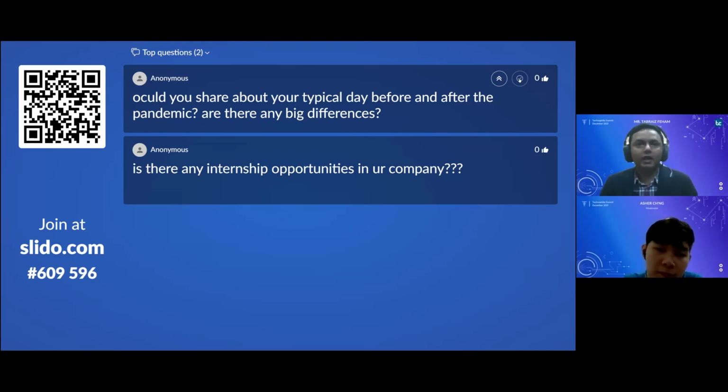We still could coordinate with geographically located developers and programmers and resources, and we are still able to deliver what is desired by the company, what is desired by the business. So pre-pandemic, yes, it was traditional. Post-pandemic, it's upside down. We are still working from home, and have already adjusted to the work from home culture.